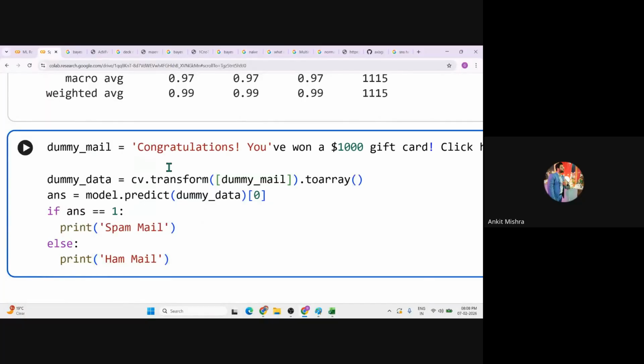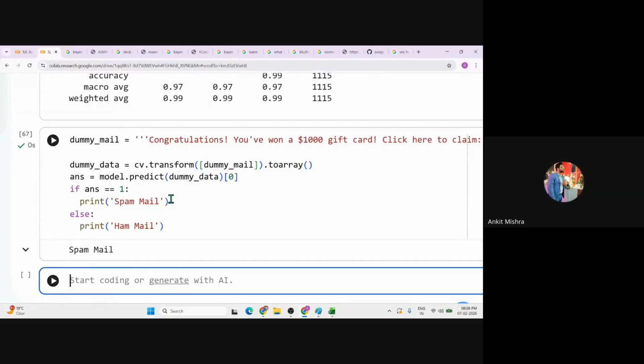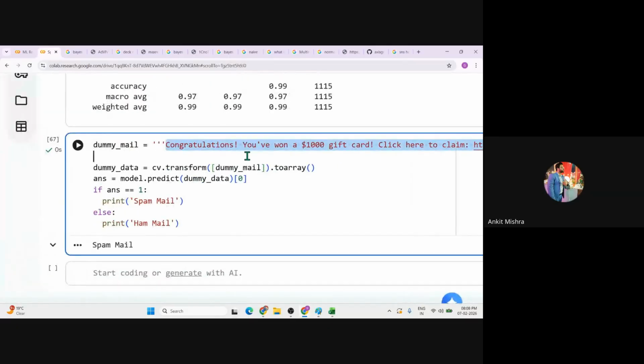Now let's pass this inside the triple quotes and run this. And guys, you are getting the spam mail. I hope everyone is getting my point, right? We have simply passed the mail here. This mail is converted to an array. We predict on the array with the help of model.predict, the model that we have already built, and we get the data inside an array. We are just slicing the value. If the answer is 1, the given mail is the spam one, and if the answer is 0, the given mail is the ham one, right? You can convert this to a function.